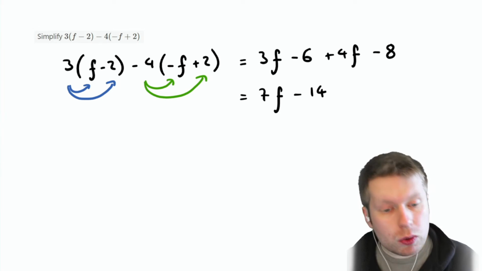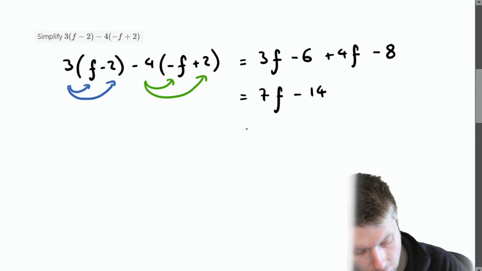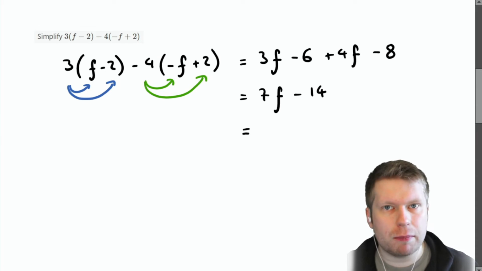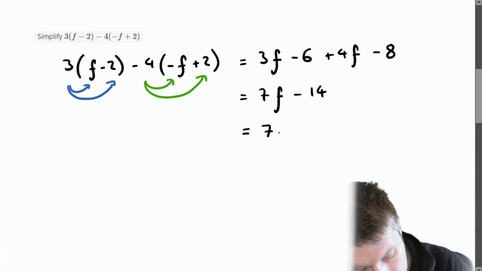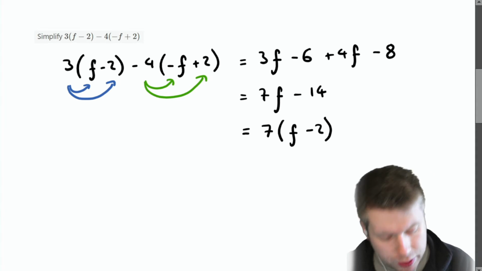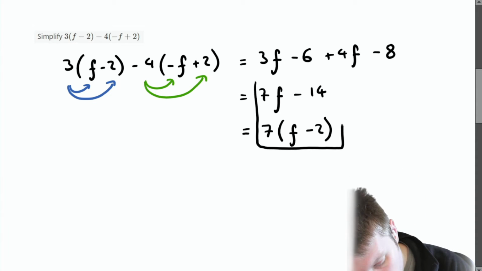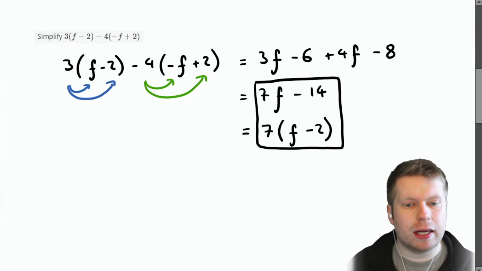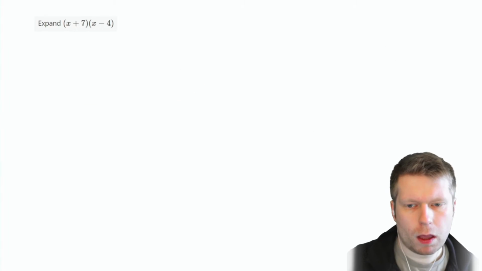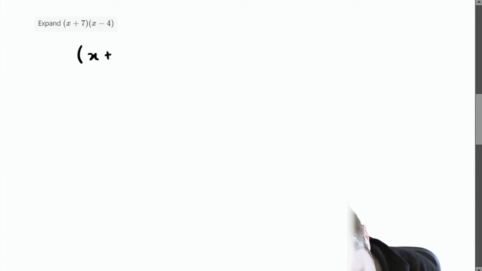If you like, you could try and factorise this. For example, I can see a common factor of 7 in both of these terms. So you could leave it as 7 lots of f minus 2 if you wanted. But I'm going to put a box around both of those things because either of them is fine as a final answer. Alright, so this one here I've been asked to expand, but this time I've been asked to expand